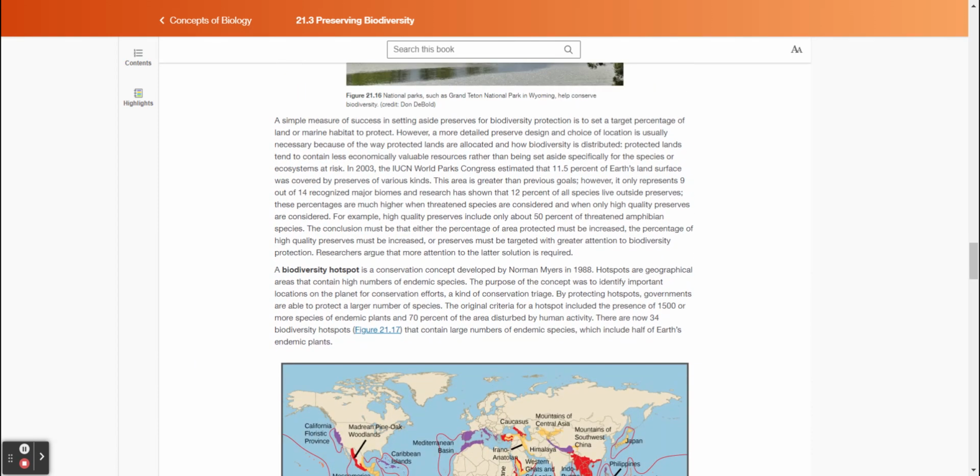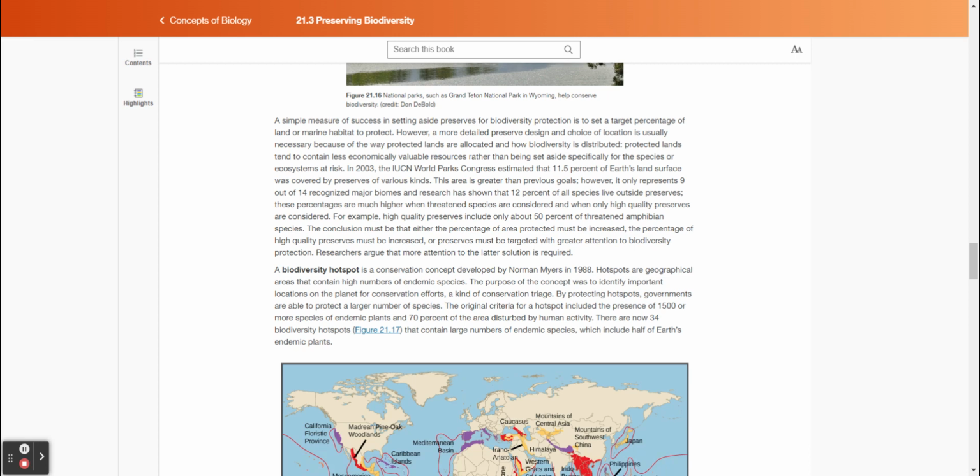A simple measure of success in setting aside preserves for biodiversity protection is to set a target percentage of land or marine habitat to protect. However, a more detailed preserve design and choice of location is usually necessary because of the way protected lands are allocated and how biodiversity is distributed. Protected lands tend to contain less economically valuable resources rather than being set aside specifically for the species or ecosystems